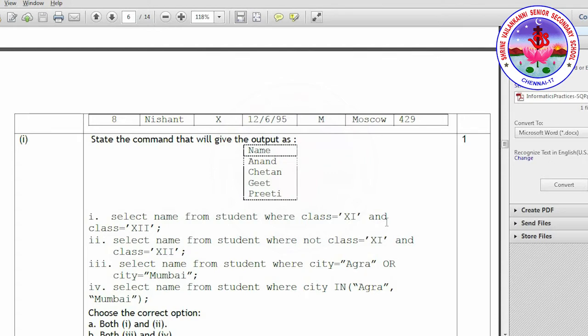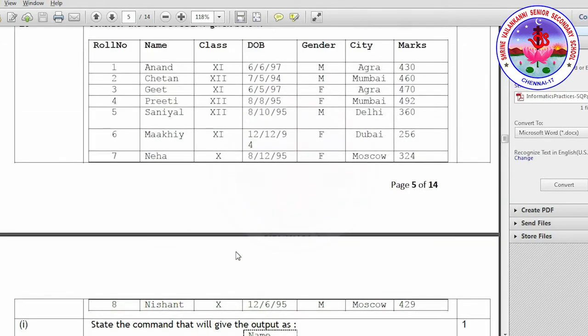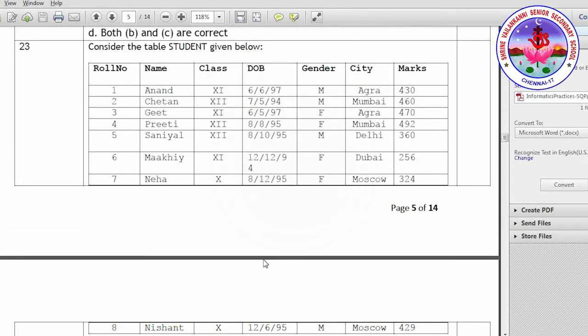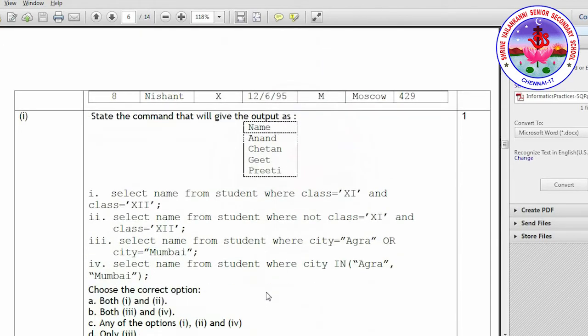No person can be from both class 11 and 12, so this is omitted. Next we move on to the second choice: select name from student where not class equals 11 and 12. We don't have the condition satisfying that one. Anand is from class 11 and Chetan from class 12, so this NOT condition will not satisfy here.